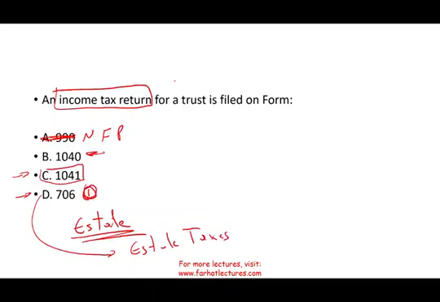Nine months after you die, you have to figure out what your estate tax is: how many assets you have minus liabilities, then pay off eligible expenses. Then what's left is your estate, and you'll pay taxes on your estate. This is Form 706. It's filed once. It looks like a balance sheet. You need to be familiar with this, but I covered it in a separate session on estate taxes.